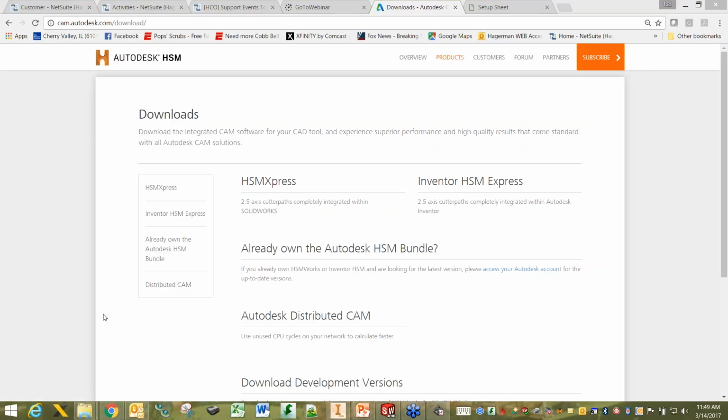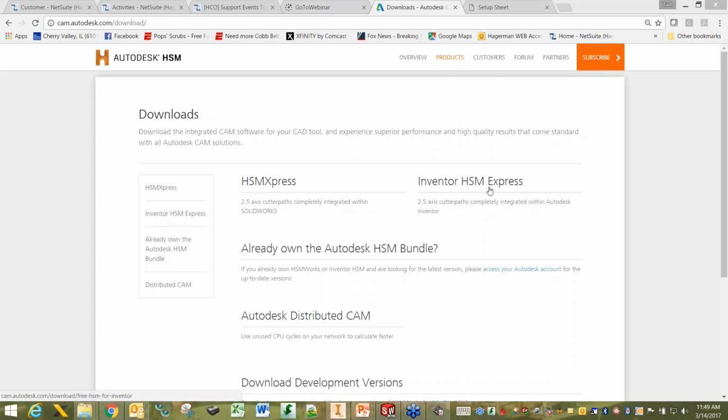here's where all of the products are. And I did want to mention, based on this question, if I understand it correctly, the AnyCAD is included in Inventor. You don't need HSM for AnyCAD. Okay, so you have AnyCAD if you have a current version of Inventor. Okay, for the HSM download, you just go to cam.autodesk.com, go to downloads, and here are the different products: the